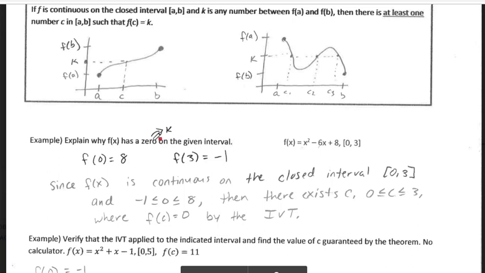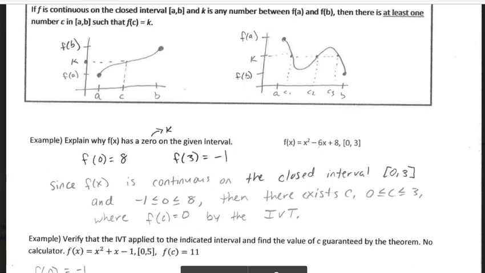So the idea here is that in order to go through 0, you have to go from positive to negative or from negative to positive. So our final answer here, since f of x is a continuous polynomial, it's continuous on the closed interval from 0 to 3, and since f of a is -1,